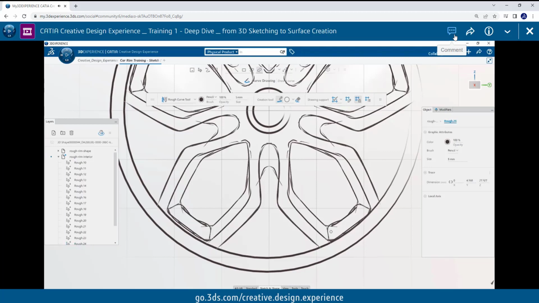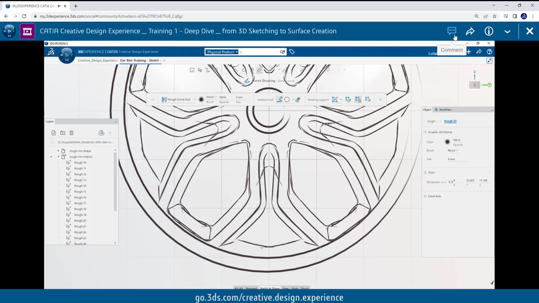By mixing freehand sketching and rough primitive creation, it is easy to achieve very clean but expressive sketches now directly on the 3D Experience platform. I add a circle with Circle Primitive and adjust its dimension through the Object Properties panel without leaving the Sketch command.